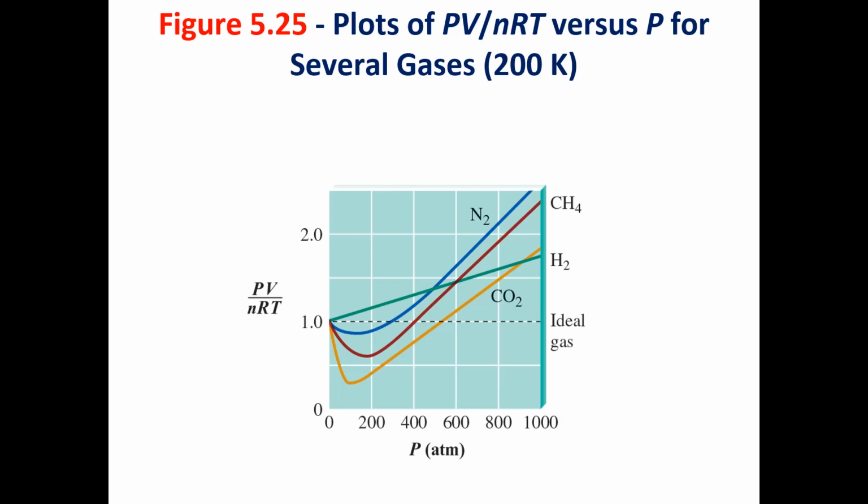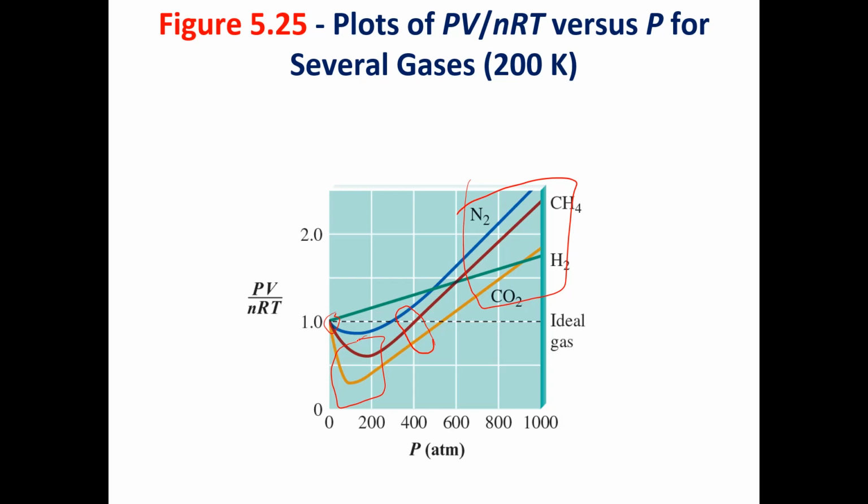At about 0 pressure, which is really kind of meaningless since we're never really under 0 pressure, they're all right around the line. And there's a point where some of them are on the line here. But once we get to much higher pressures, and even at some of the lower pressures, we're nowhere near